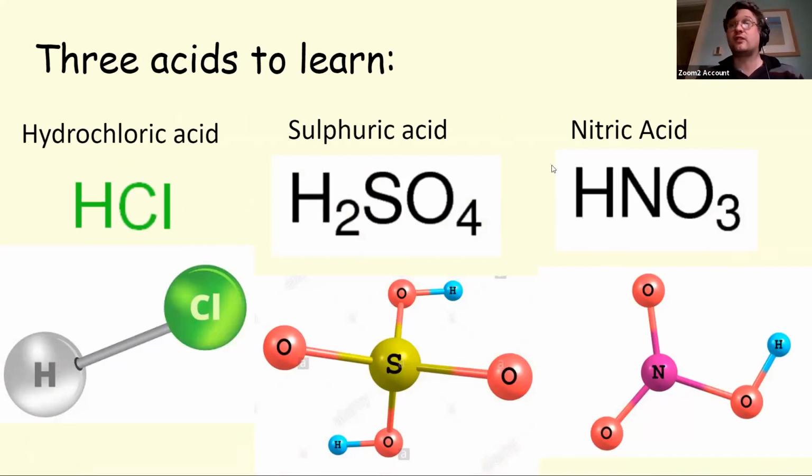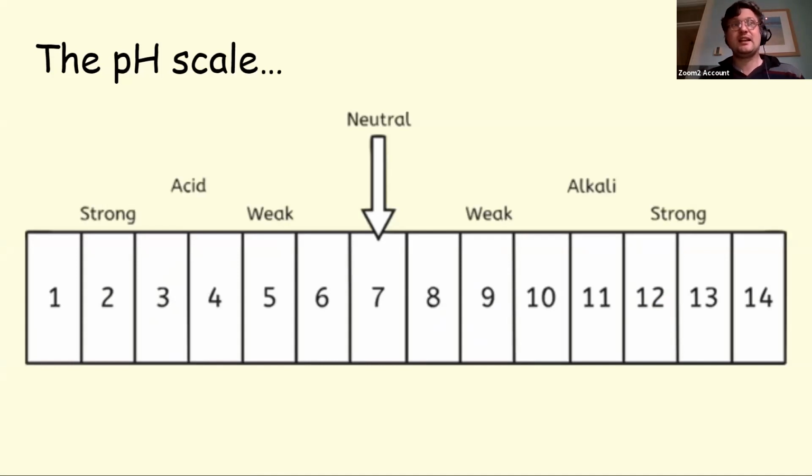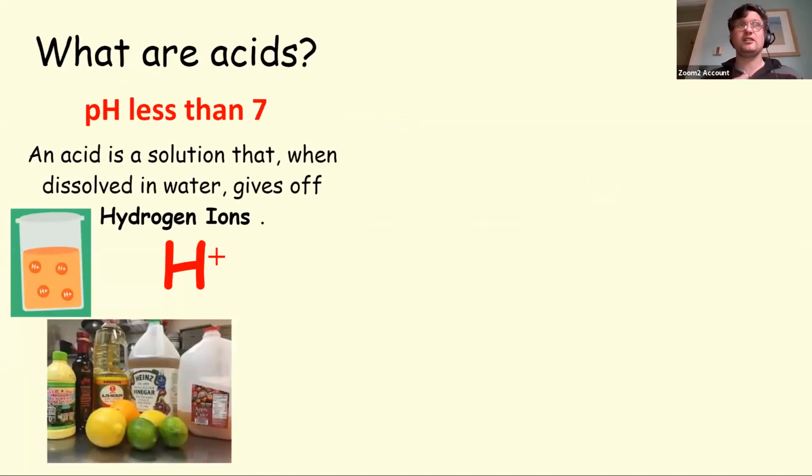Well, lots of things have got hydrogen in. Water's got hydrogen in, but that's not an acid. That's neutral. So what is it that makes something an acid? It's got to have hydrogen in, that's definitely part of it, but it's about forming hydrogen ions. Normally, it's when it's dissolved in water. When you dissolve something in water, if it gives off hydrogen ions, H+ ions, then that's what